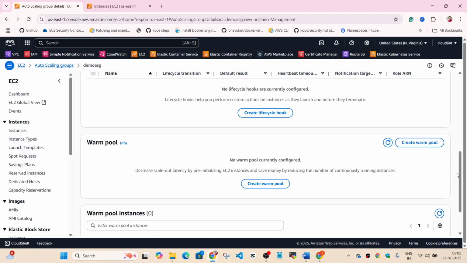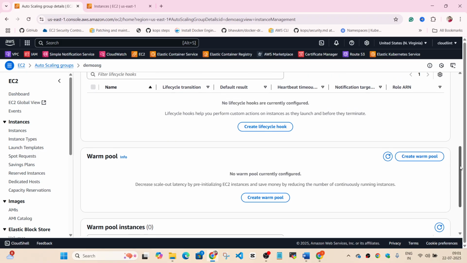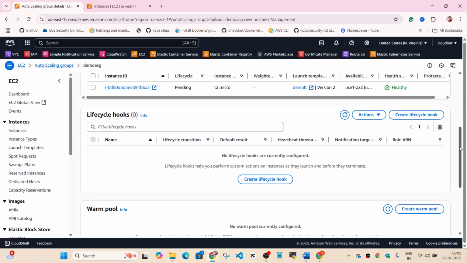This is used when you have a really mission critical application where you cannot afford even 2 minutes of delay. Because the auto scaling group is going to take 1 or 2 minutes to create the instance and get it to ready status. So you have the option to create some instances in advance and keep them in the warm pool, and as soon as it is required, it's going to add the instance from the warm pool immediately. So there will be no delay at all in creating an instance and getting it ready to accept connections from the clients. This is called a warm pool. These two are very important concepts to understand from an interview point of view.